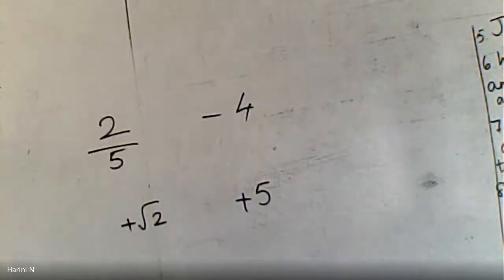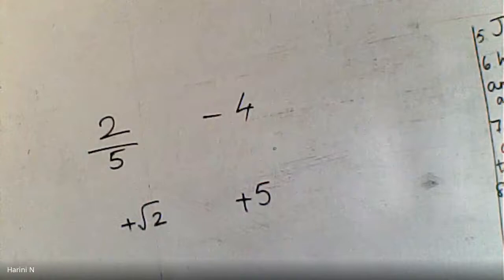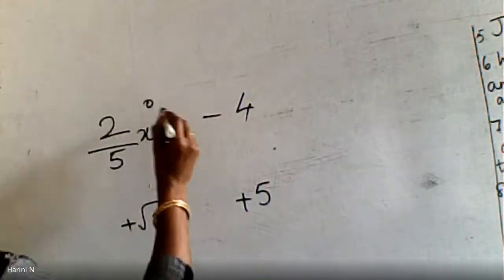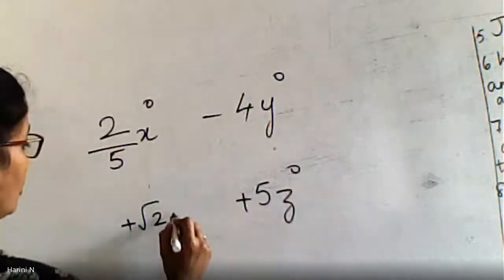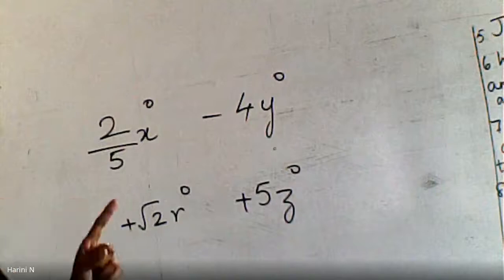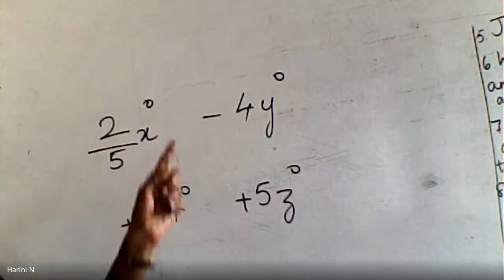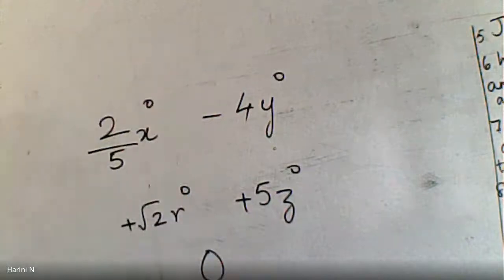Okay, these were some of the examples I have taken for constant polynomial. All these are constant polynomials because it can be written as x to the power 0 or y to the power 0 or z to the power 0 or maybe r to the power 0. So a constant polynomial will have a degree 0. But what about a zero polynomial? A zero polynomial means this is a zero polynomial. 0 itself is a zero polynomial.